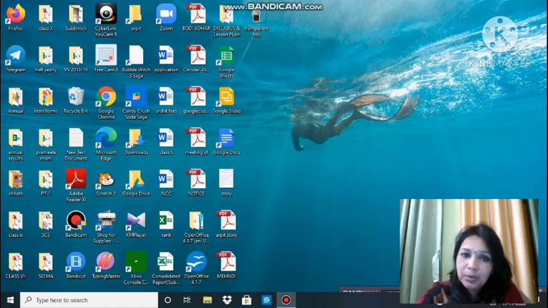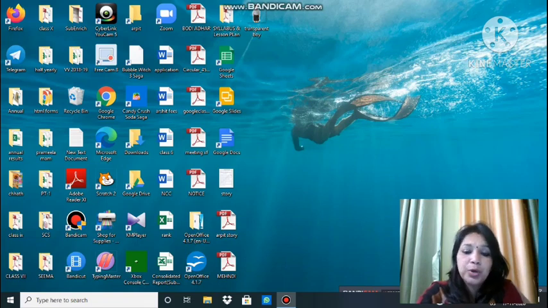Once it gets downloaded, it will be in the downloads folder of your computer. By default, I'm telling you, if you have changed the location of downloads, you can search for that. If default settings are there in your computer, all the downloaded files will go to downloads. You click on that and run the setup of GIMP from there. The GIMP software will be installed on your computer.